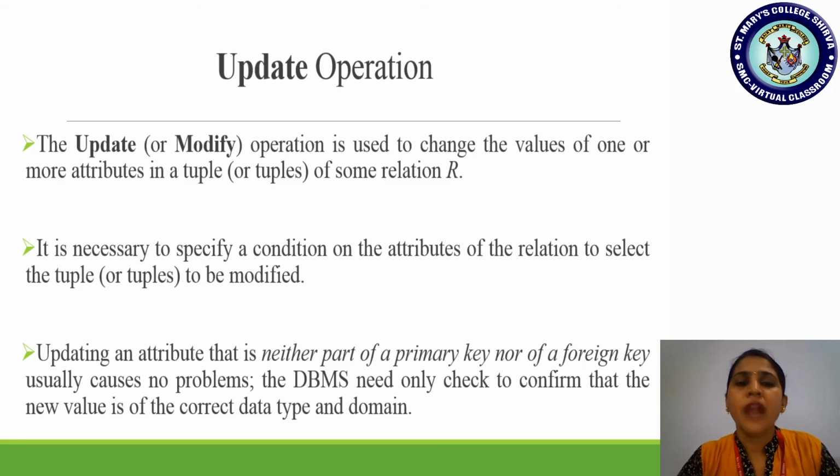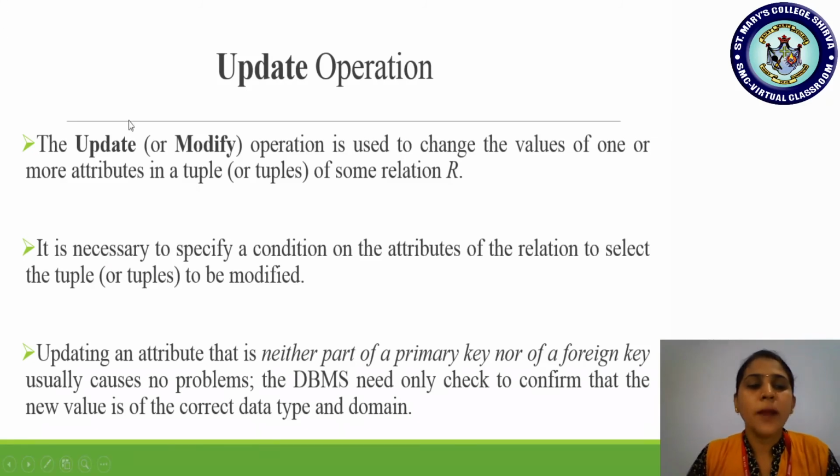For example, update employee where ESSN is equal to 333. So that is the condition. You are giving a hint about which tuple you are referencing, with the help of the primary key value or with certain other attribute values also. You have to tell which particular tuple, and then provide what change has to be done and with which attribute the change has to be done. That information has to be given.